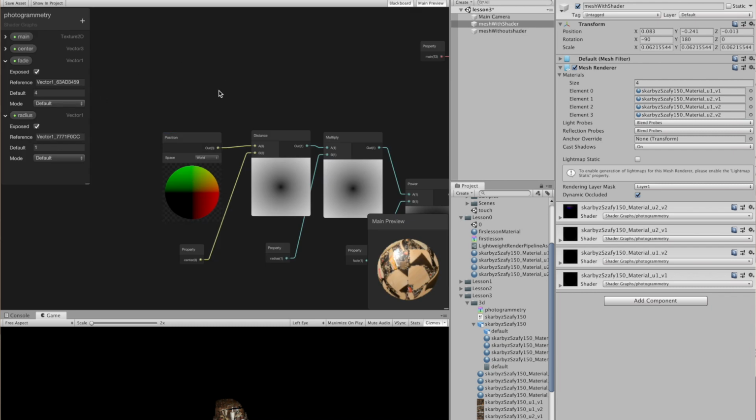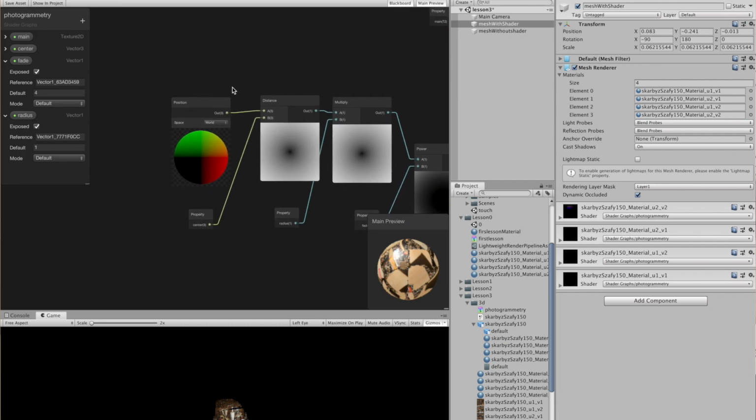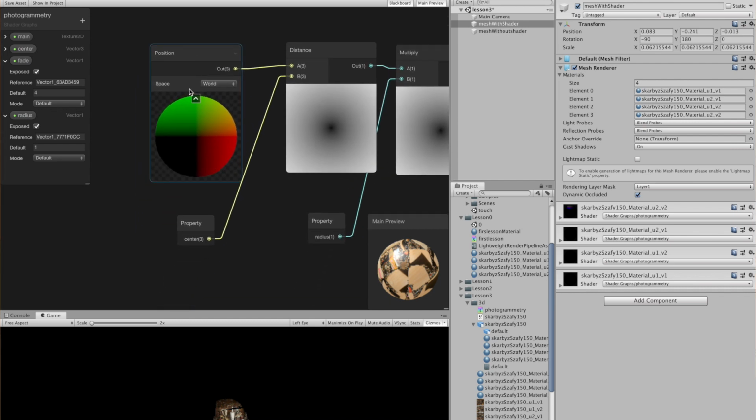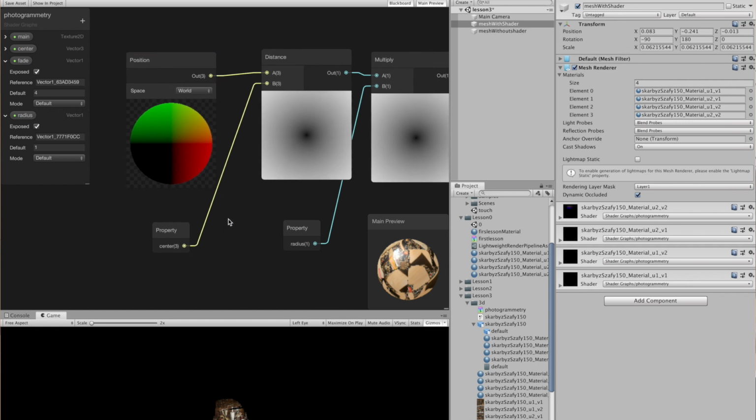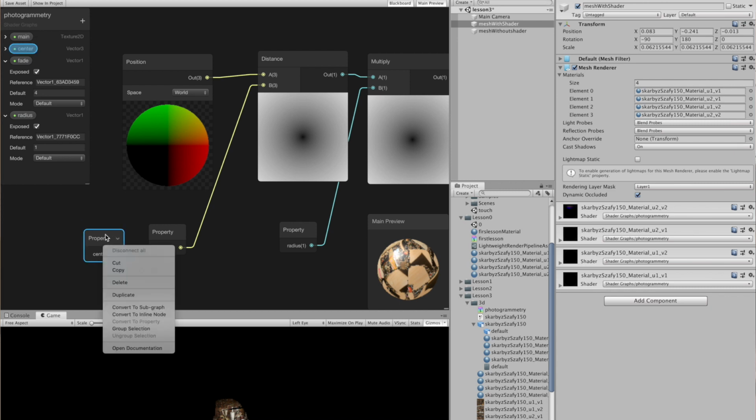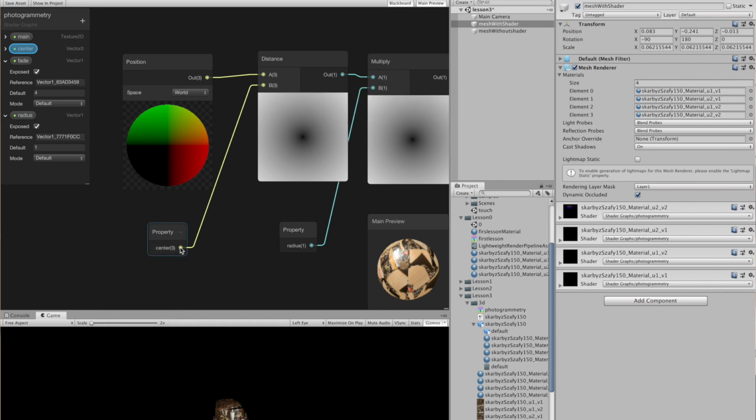So we are starting with the position of each vertex in our world space, and we want to measure a distance from the center, that is our property. You can create a property just by dragging and dropping it from the inspector view into the graph node view,